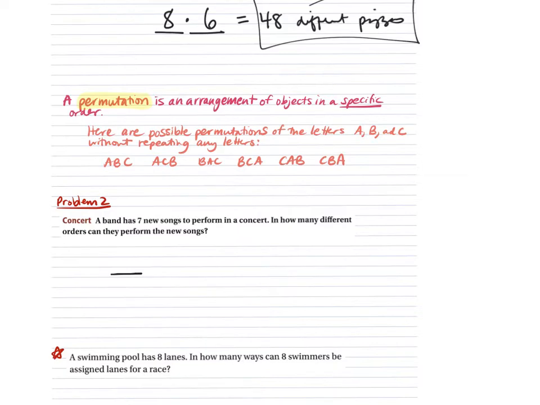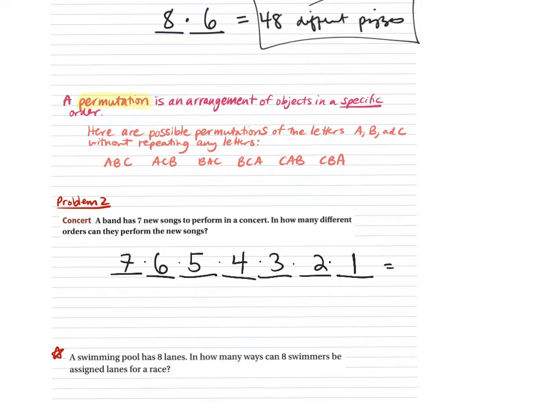So for the first song, the band has 7 choices, right? Then for the second song, you've already played 1, so you have 6 left. You have 6 choices for the second song. For the third song, you have 5 left. Then so on, 3, 2, and once you get to the last song, there's only 1 song left to choose from. So in order to get the answer here, you just have to multiply 7 times 6 times 5 times 4 times 3 times 2 times 1,